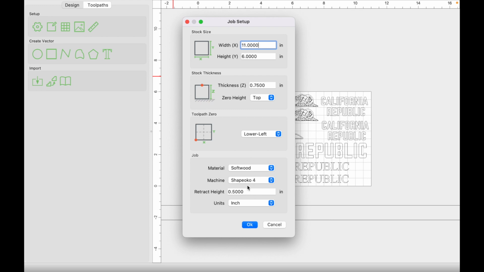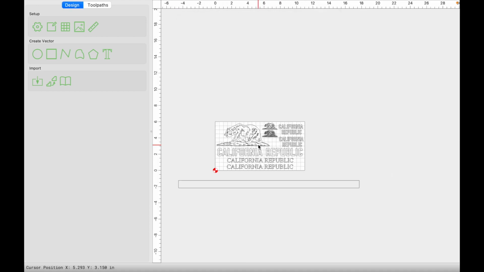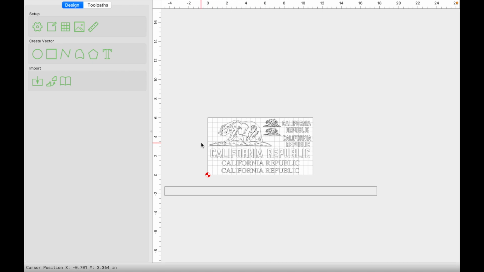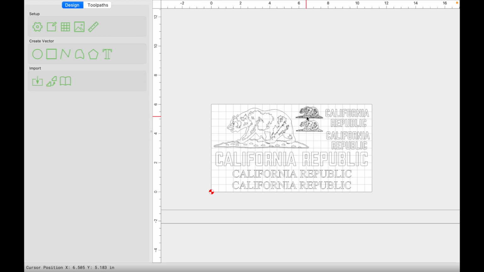All this other stuff is default typically, so I don't touch that. And we're going to click OK. Okay, so let me just give you guys some background information. I've already got this carve set up, and we're going to go over why I did it the way that I did it, and also show you the toolpaths, and then we're going into